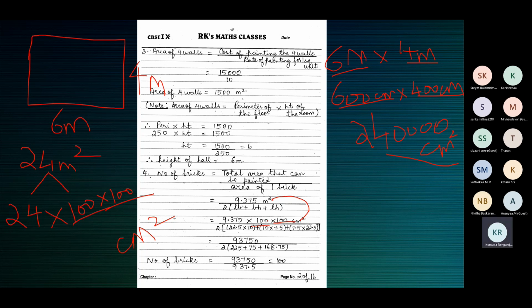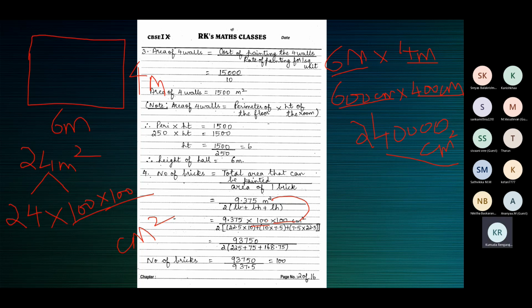Okay, so the number is area by area. The numerator area and the denominator area must be in the same unit, and we prefer to have it in the smaller of the two units. So when you compare meter square and centimeter square, we know centimeter is the smaller unit. So we convert meter square to centimeter square so that we can multiply and convert.